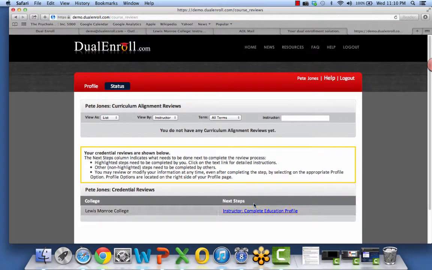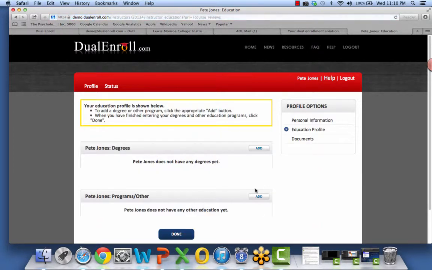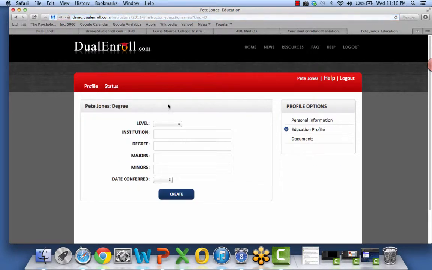And then Pete Jones is going to tell us what his educational background is. So he's going to first of all tell us what degrees he has. Let's say he has a bachelor's degree from, I don't know, Portland Community College. Actually, that doesn't make any sense. Oregon State University, and it is a BS degree. I can't type. And he has a major in biology and a minor in English. And he earned that degree in